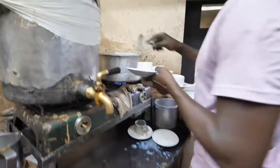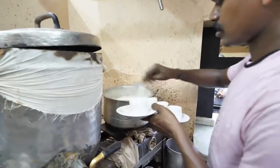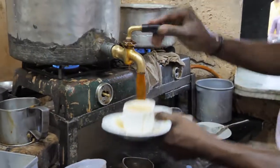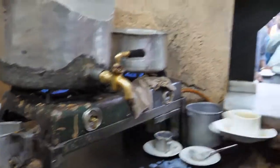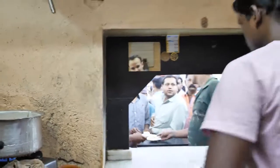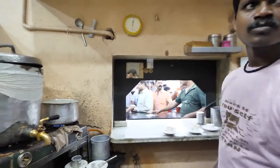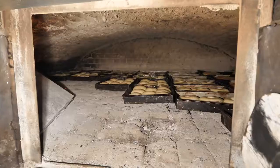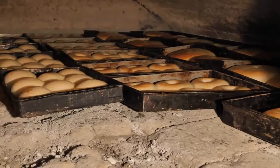Wow. So individual cups. So it's 50% milk, 50% tea. And right in there. And you have it with the moon biscuits. Magical. After taking a quick look at the massive wood-fired oven full of delicious buns and pastries, the owner invited